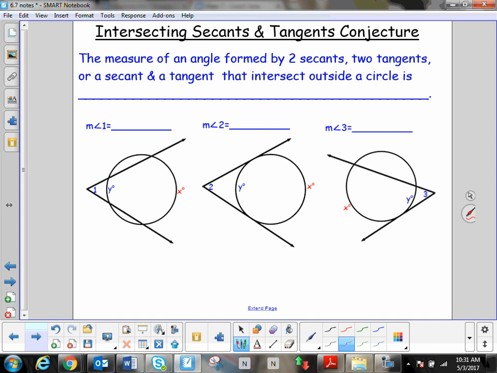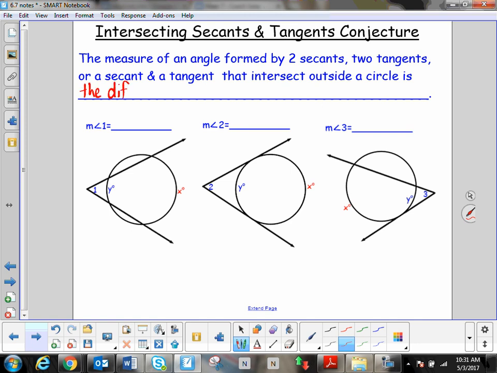Some of y'all forgot what a secant is. A secant goes through the circle twice, intersects it twice. So right here, these are secants. These are tangents. This is a secant and a tangent. So here's how the conjecture goes. The measure of an angle formed by two secants, or two tangents, or a secant and a tangent that intersect outside the circle is